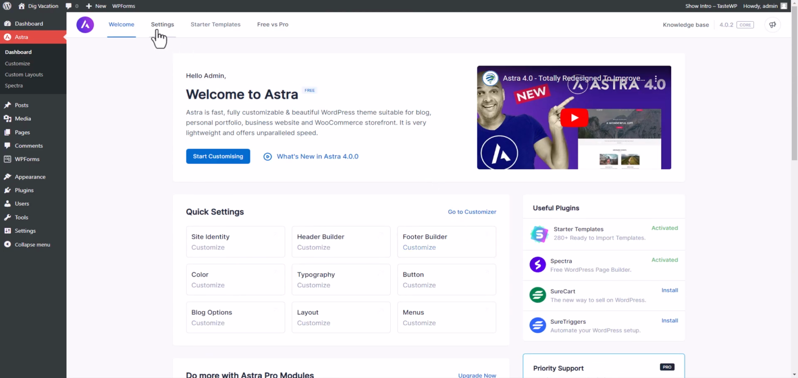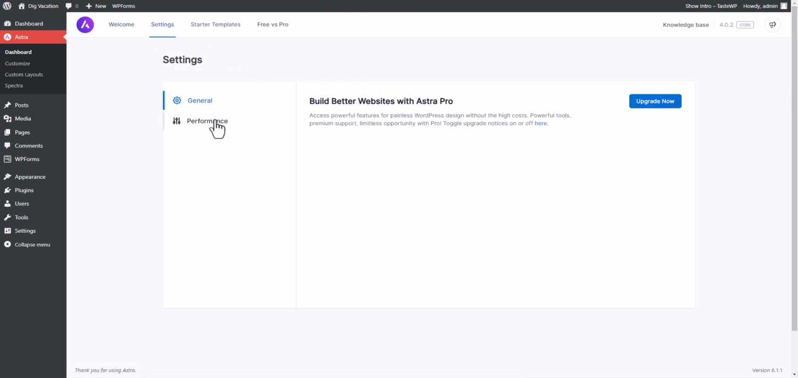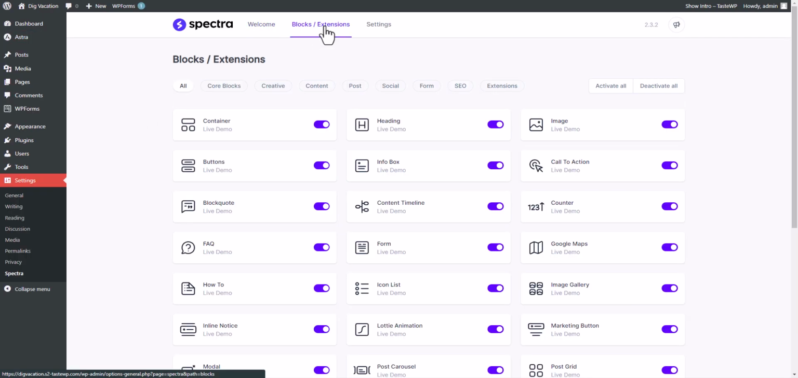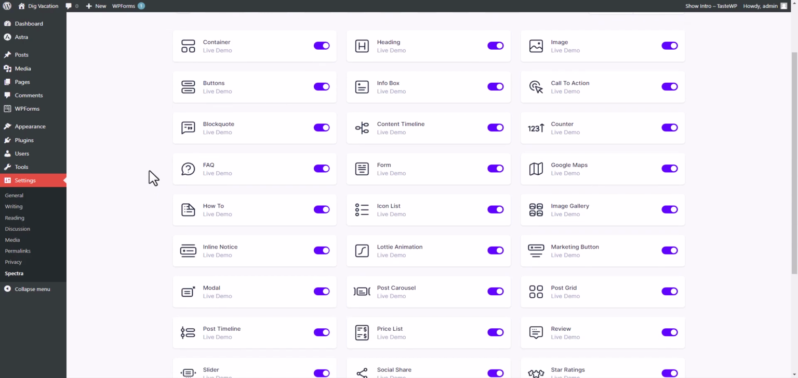So let's click on the settings here, and here you can click on performance, and here you can load your Google font locally, and you can preload local fonts here. Now let's click on the Spectra here. Now let's click on the blocks and extension here, and as you can see, these are the blocks that